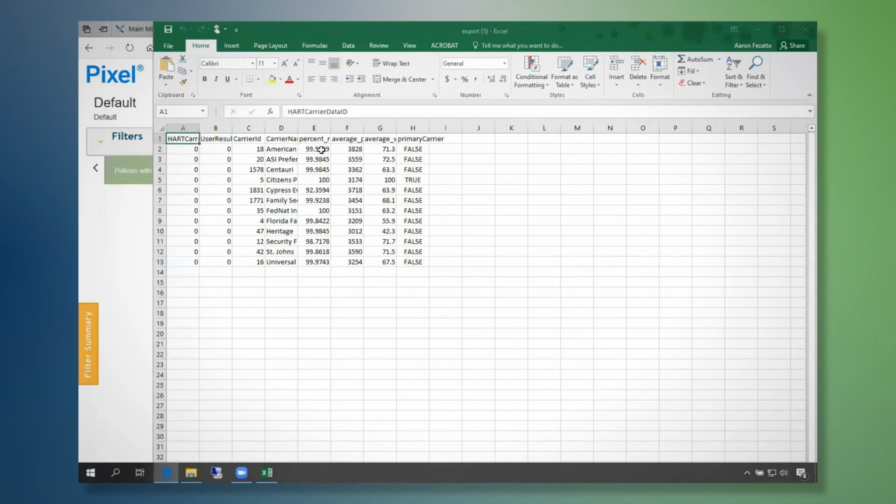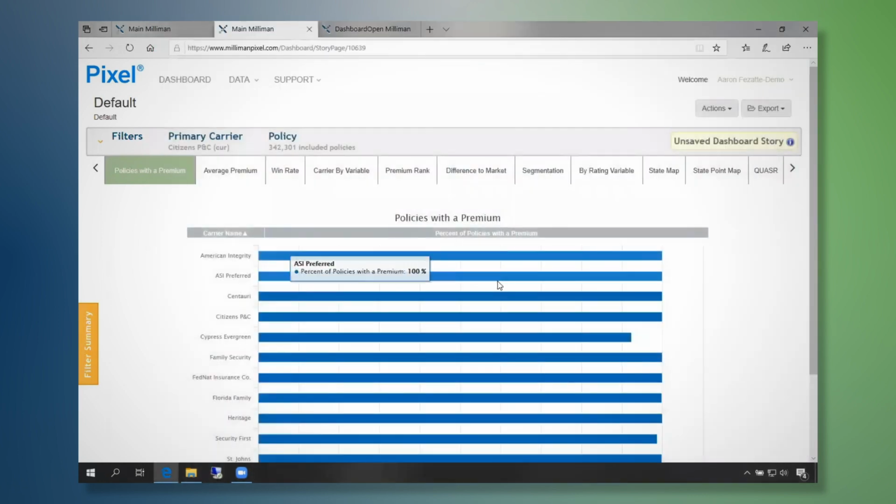You can see here that there's actually only two, like the Citizens, obviously they're rating all of their own, and it looks like only FedNat has 100% to a T, but a lot of the other ones are very close to 100, as you can see. Once you've determined that a vast majority of the risks rated do generate a premium, it means you'll have a good comparison data set.